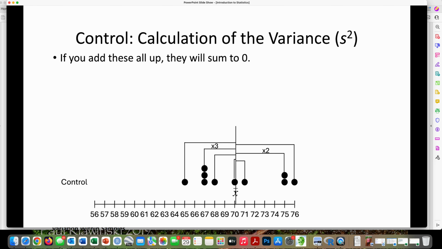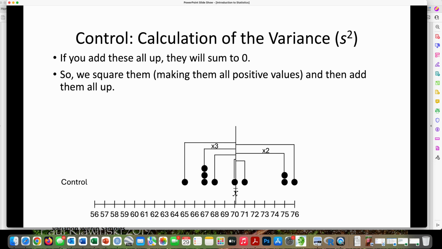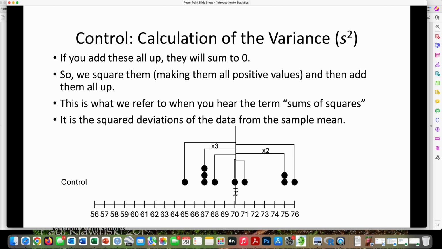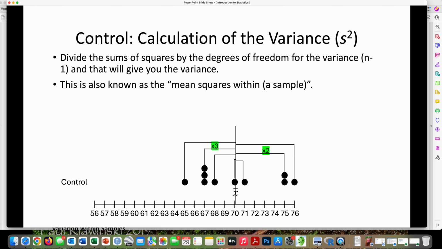So what we do is we square them. That converts the negative ones to positives, and then it sums up to what the squared deviations from the mean are. So we square them up to make them positive. This is why we refer to these things as the sums of squares. Another way of saying that is it's the sum of the squared deviations of the data from the sample mean. And what that looks like,